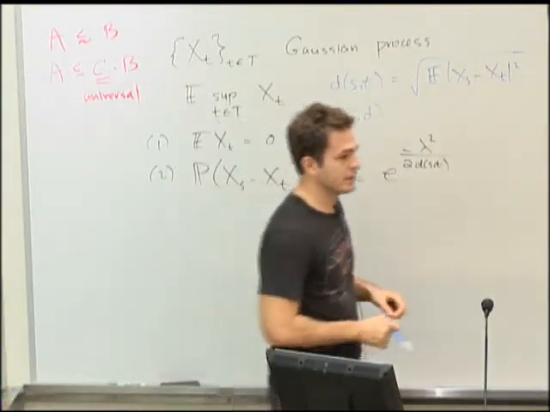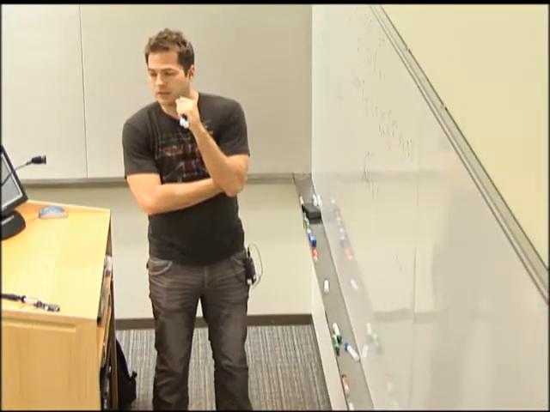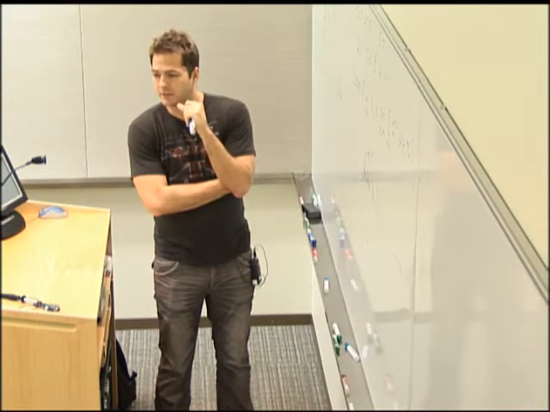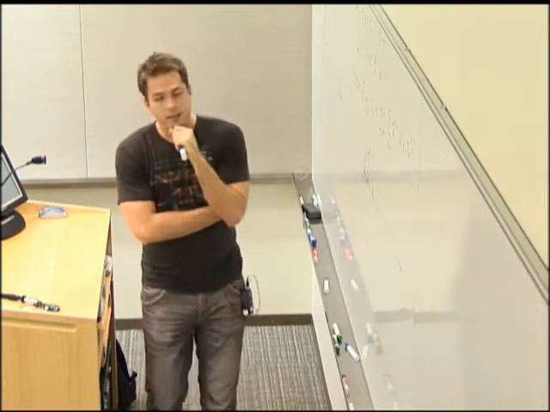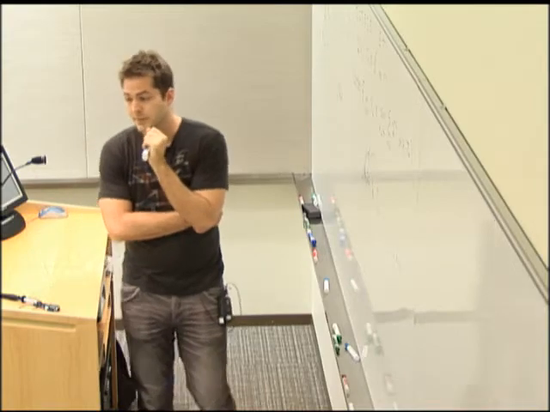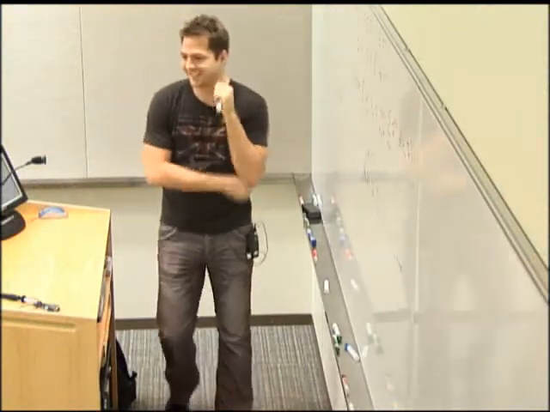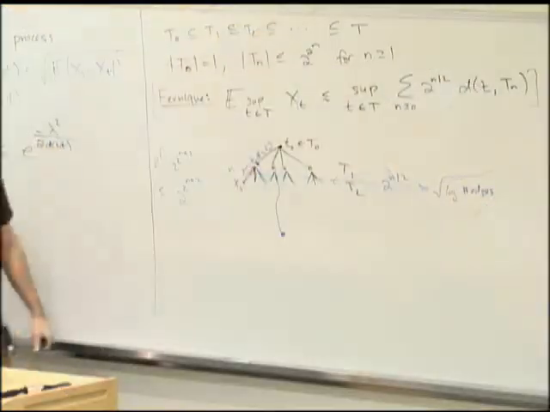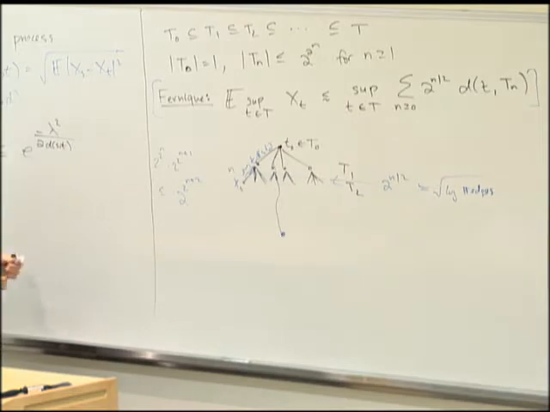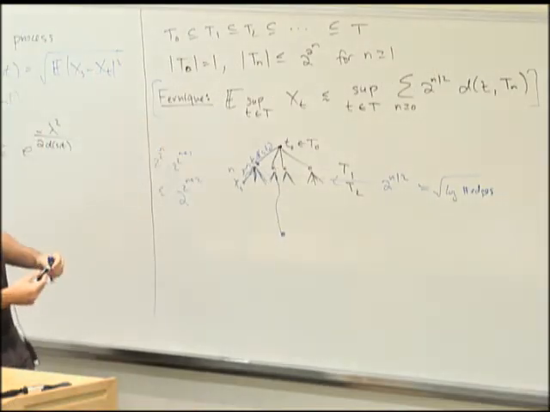Yeah, go ahead. What if this capital T is only one element, so all the b's are 0? I don't understand. Capital T is only one element. Yeah. What happens? Then the right-hand side is 0. And so is the expected maximum. The expected maximum of a centered random variable is 0, right? Oh, right. Yeah. So in fact, we get the right bound, even for when there's only one point. All right. So it's good to check special cases.